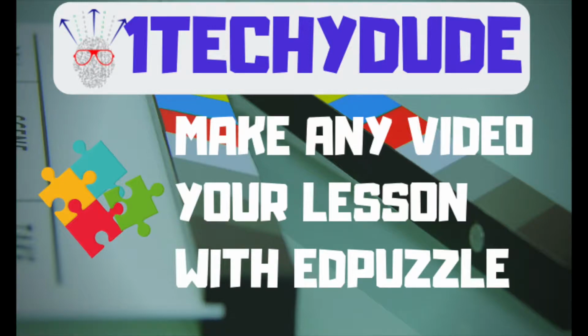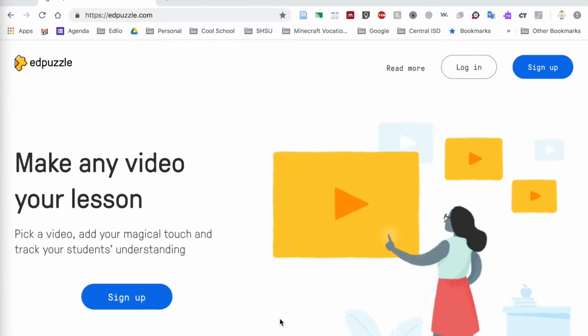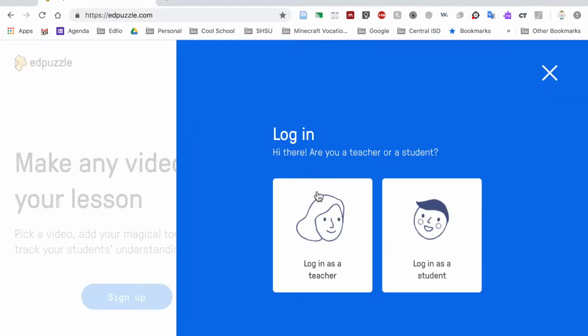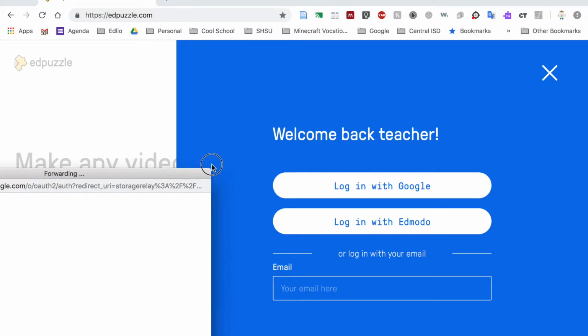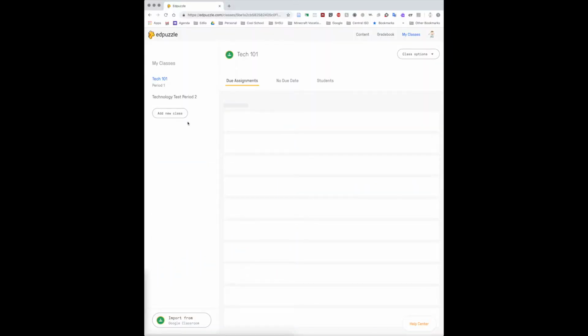So the first thing you're going to do is go to edpuzzle.com and click on the sign up button. Once you create the account, you log in as a teacher. And I'm going to log in with my Google account. Alright, so once you get logged in,